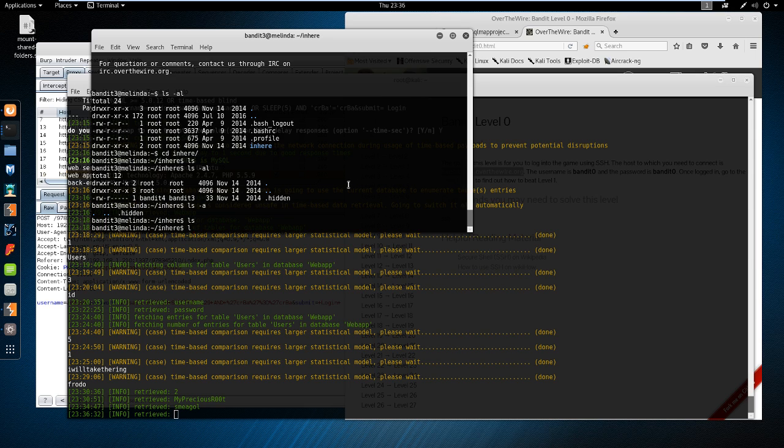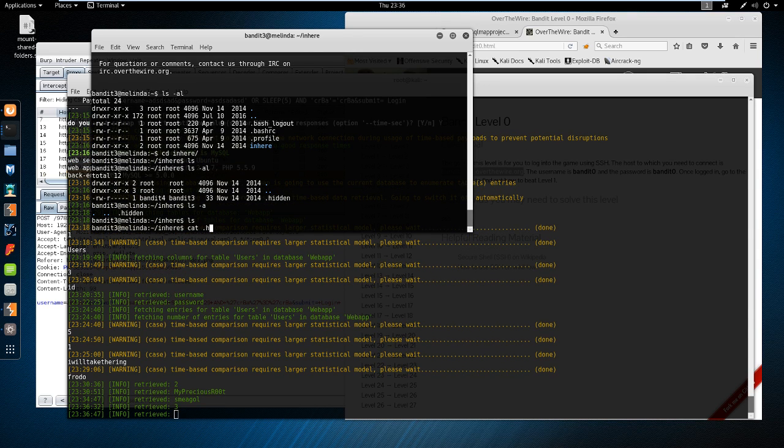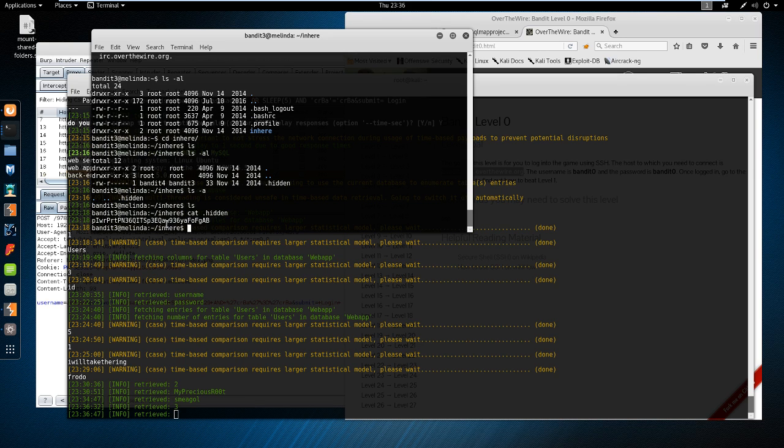Just like these other dot files, the single dot, double dot. But they're not hidden, man. Locate will find them, find will find them. Never treat them as hidden because they're not. So if we just cat hidden, and there we go. So it looks like